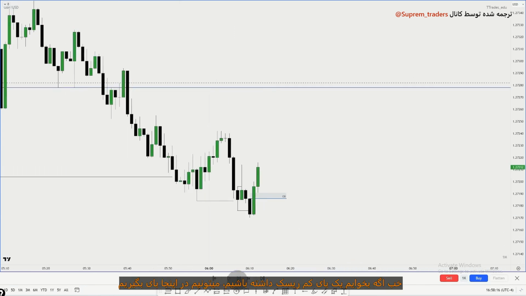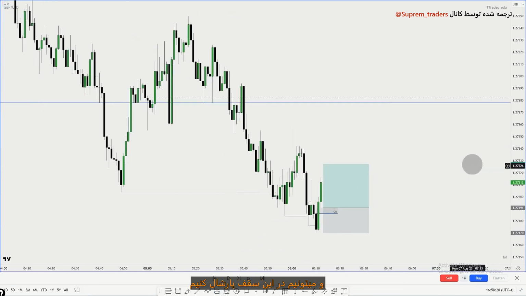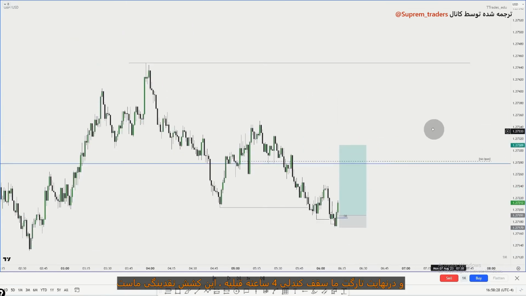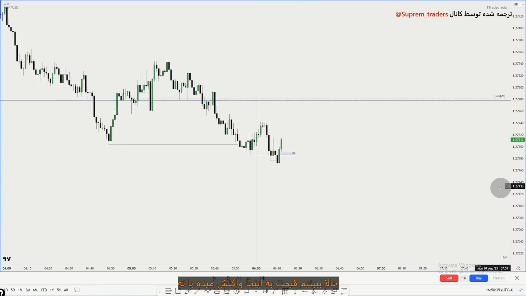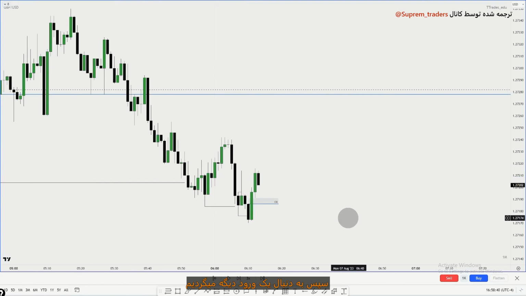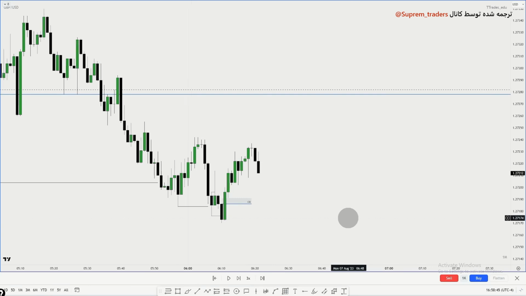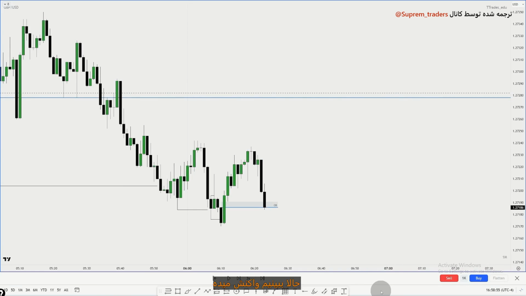So if we wanted to take a low risk buy, we could look to enter right here, and we could partial on this high right here. And then ideally we'd want to be targeting our previous 4-hour high, right? This is our drawn liquidity. But let's see if price reacts here, and then we will look for a later entry. So right here, price comes down to this order block and fair value gap. Let's see if we get a reaction out of this,